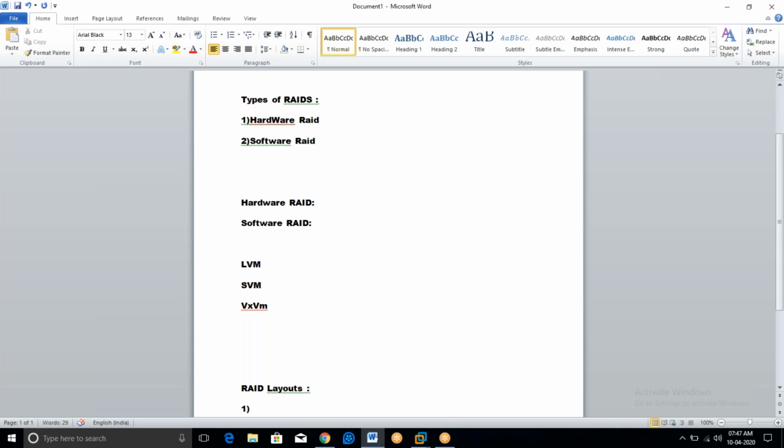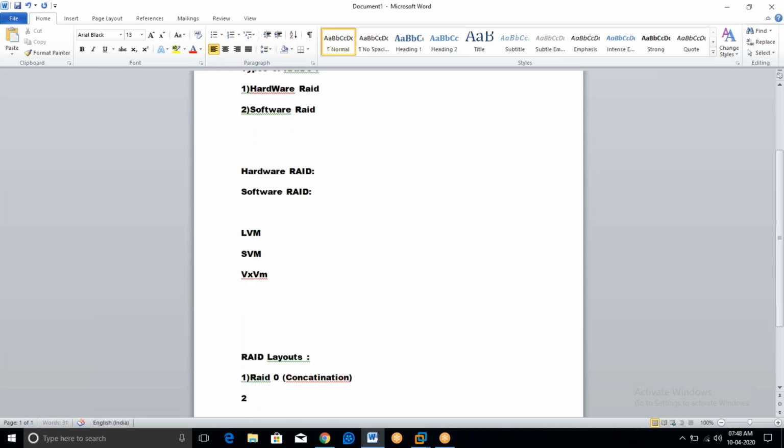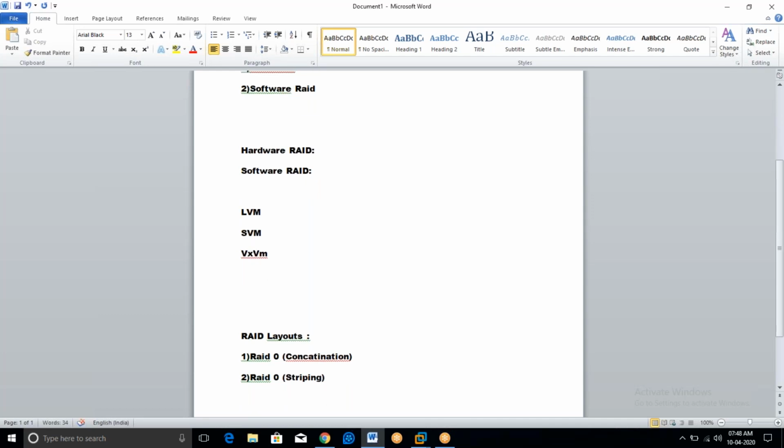We have something called RAID 0, concatenation, RAID 0, striping, RAID 1, mirroring,